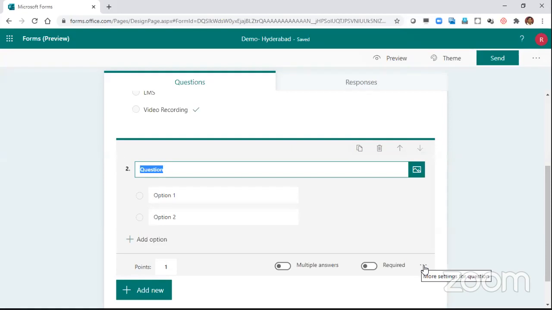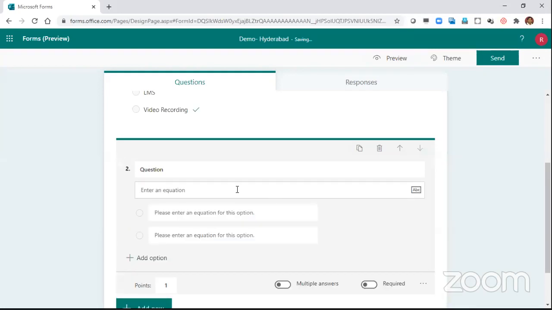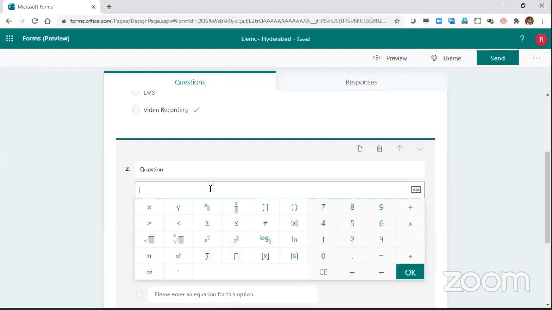So now click on these 3 dots. You see a math. Can you see a math here? M-A-T-H, math. Please click on that. Now you can type in equations directly here. No need of Codecogs, no need of Equatio. Microsoft Forms gives you that, but limited. Now see, if your equations fall into any of these categories, you could do that.